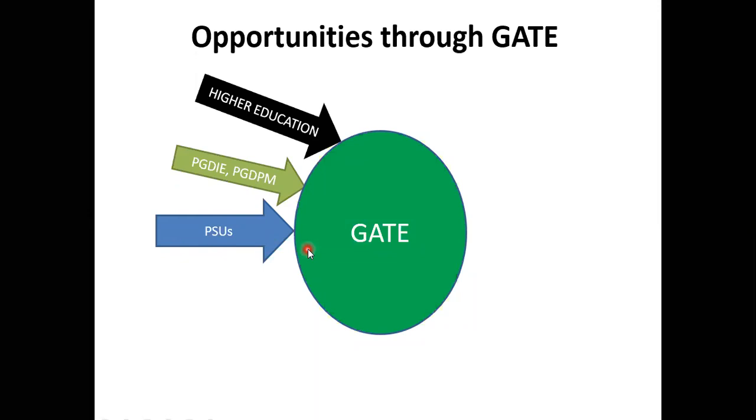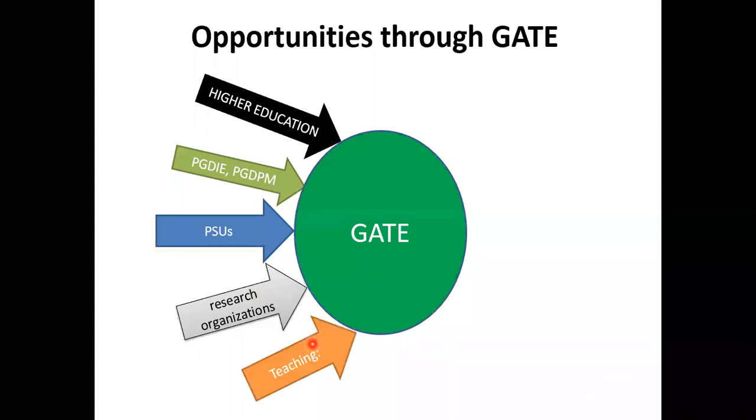Of course, there is a huge discussion going on this point, whether we need to take a GATE score for the PSUs or not. So there is a discussion. But as of now, most of the PSUs are taking a GATE score as a reference for shortlisting. And one more thing is research organizations. For example, when you are considering research organizations like BARC and CSIR, CSIR means Council of Scientific and Industrial Research. Some of the research organizations, both government side and private sectors, are also considering the GATE score for shortlisting the candidates.